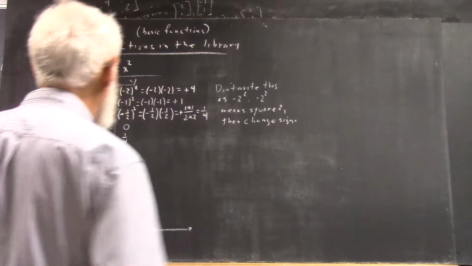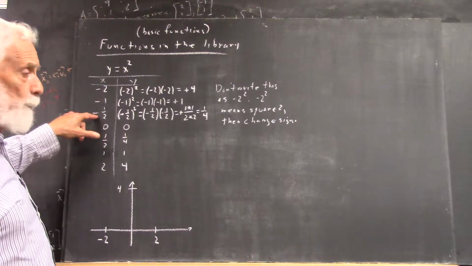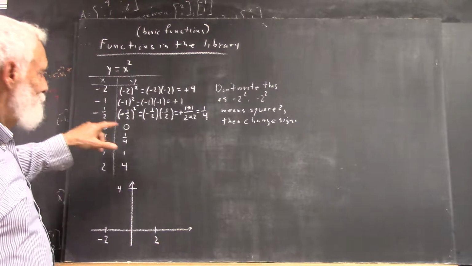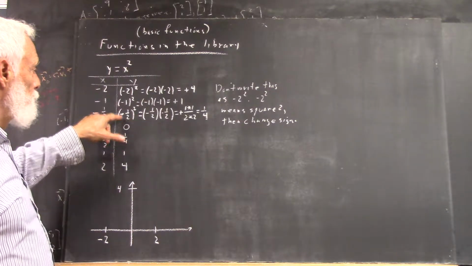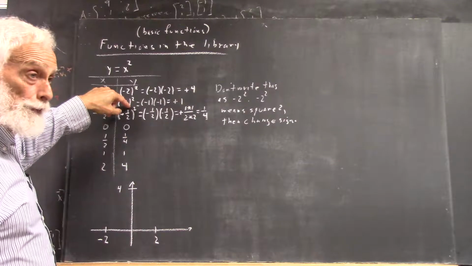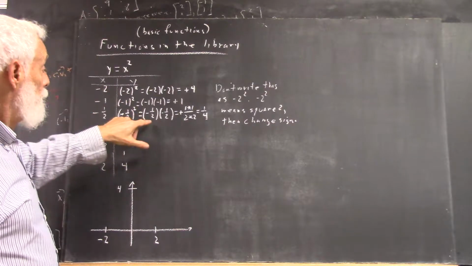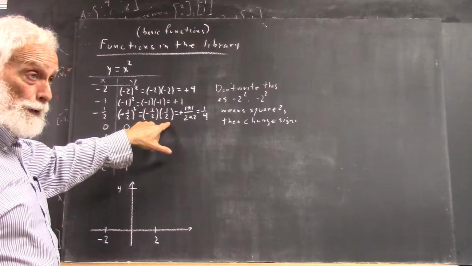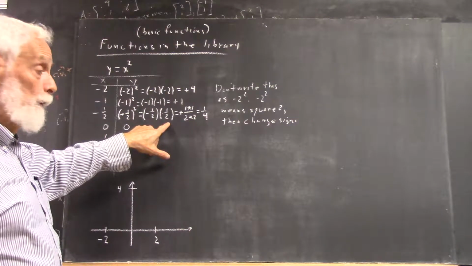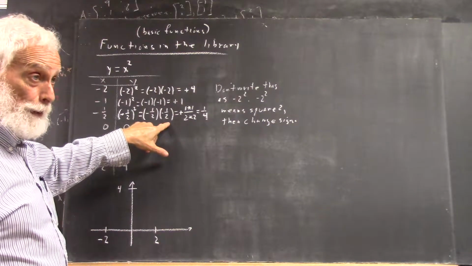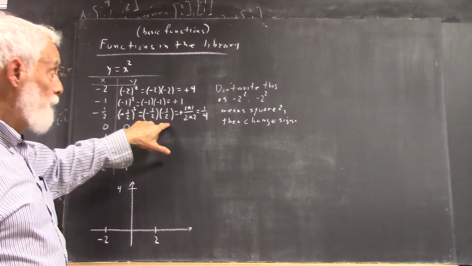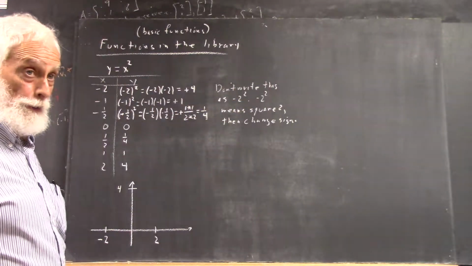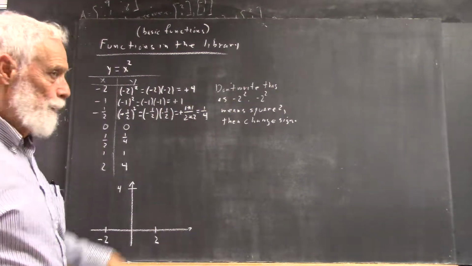Okay, now we can go along okay, except with -1/2. We don't want to skip the step where we write parentheses -1/2 squared, and then write -1/2 times -1/2, and then apply what we know about multiplying fractions, right? If we skip this step, we're likely to write down just about anything because fractions